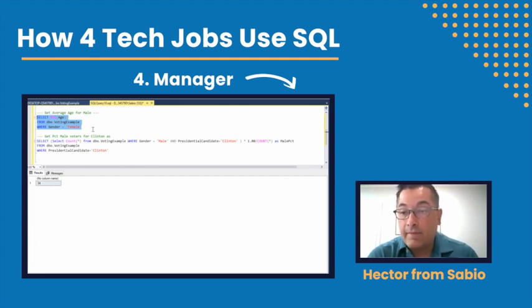And obviously, the better they are at it, the better and more precise information they're going to get. But yeah, they can just use it. If they know the language, they can go ahead and do whatever they want. So this is not really very specific to developers. This is a very useful tool in the world of business and any kind of